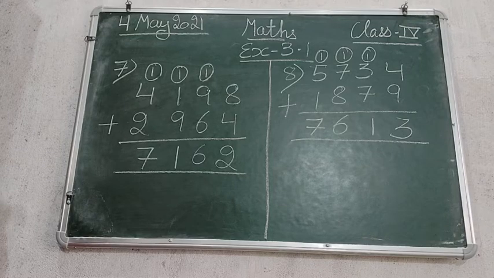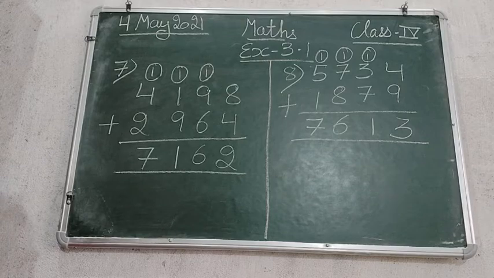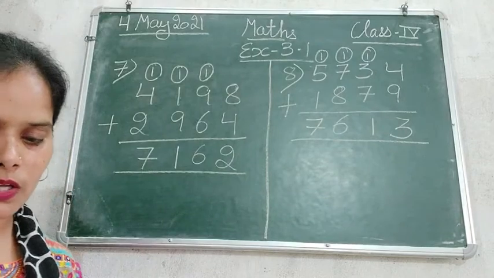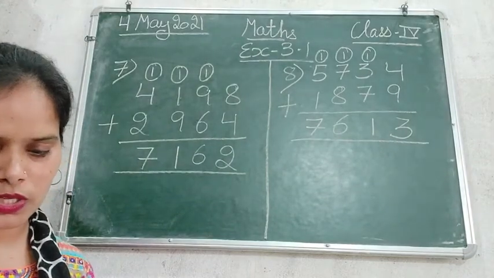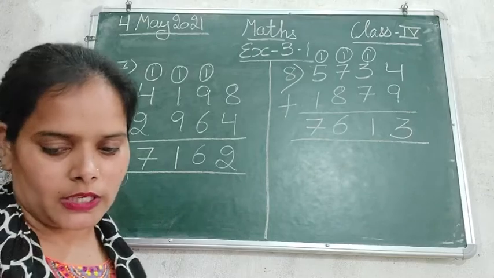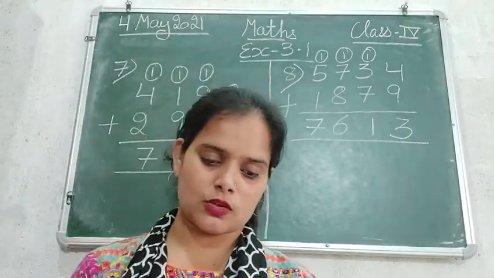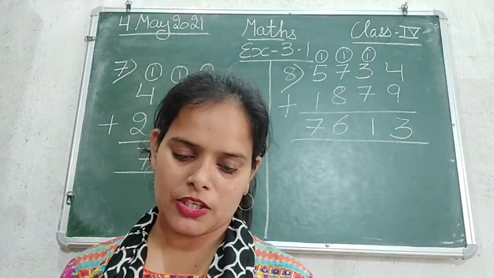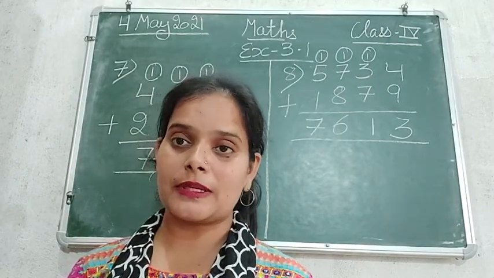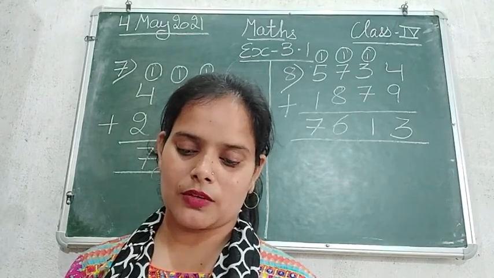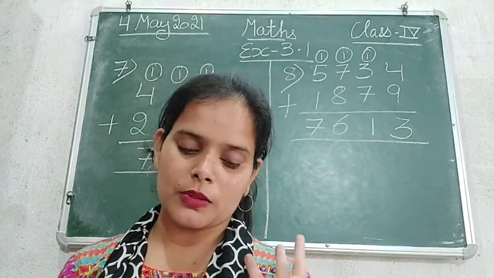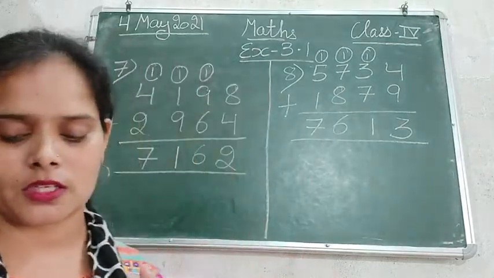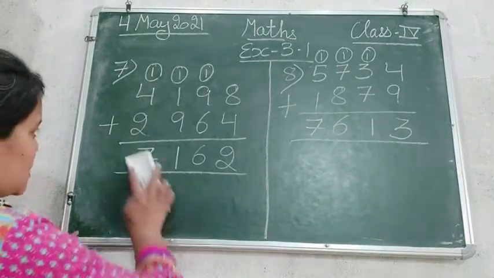These kinds of sums you are going to do in your notebooks. Clear? You can pause it here and note it down in the notebooks. So let's do a few more sums. Questions 7 to 18 are like this only. From question number 19 the addition is a little bit different. Until question number 18 we added only two numbers. Now in question number 19 we need to add three numbers, not three digits. I'm talking about three numbers. So let's see question number 19.